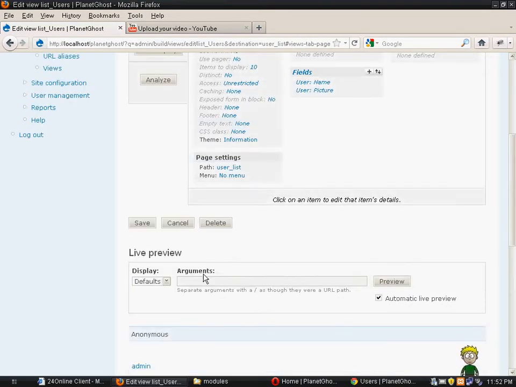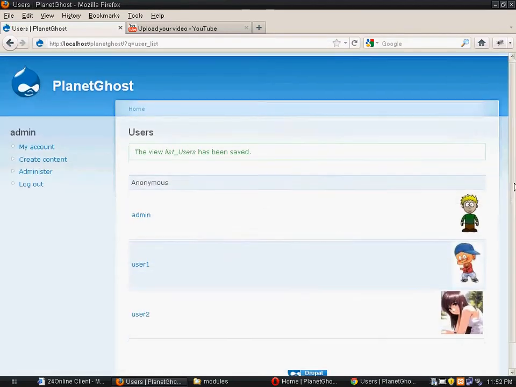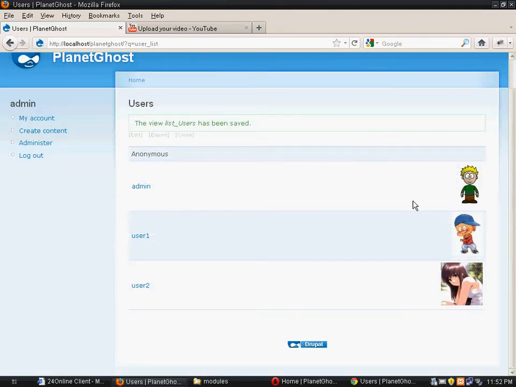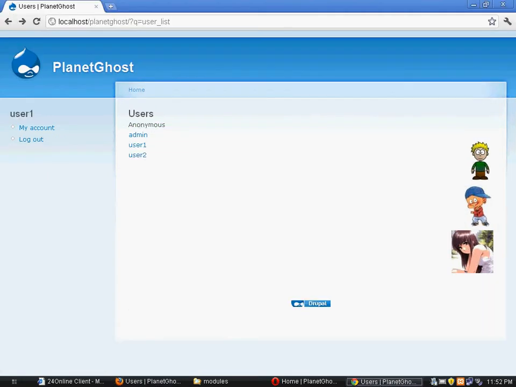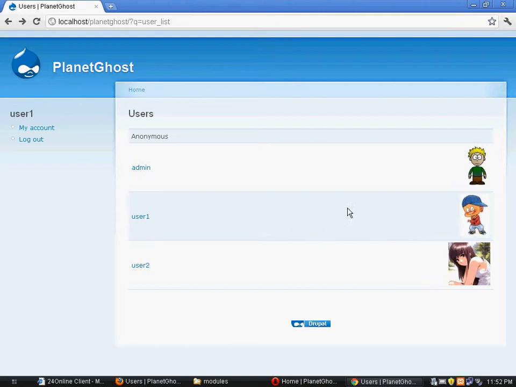Let's see how it looks. This is how the table format is. It looks nice though. It has the name and the picture. I'll just refresh this page and have a look at another browser. Once we keep adding users, the users will get added on the page.